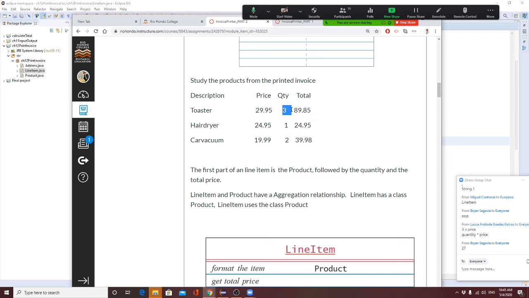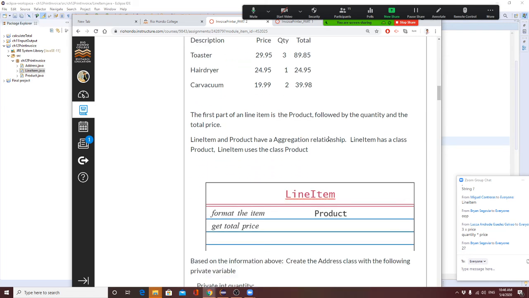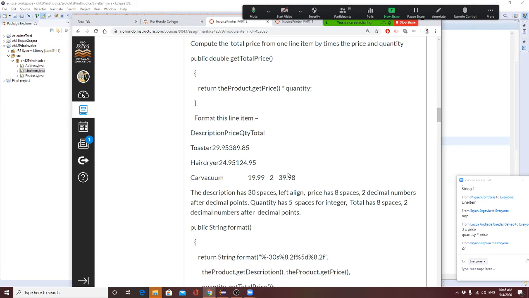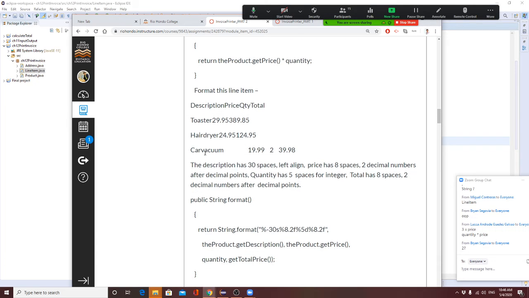So probably 5 spaces is good, because nobody is going to buy that many unless people are crazy right now. Normally people just buy, like, 10,000? Nobody buys that many, right? And the total price. All right, so you need to design this based on what you see here. For example, we saw this car vacuum,